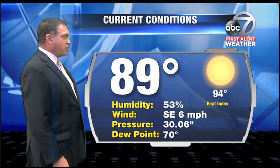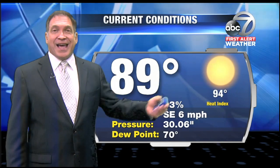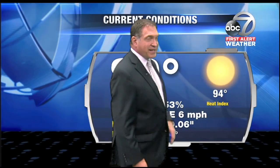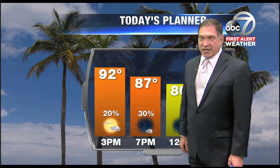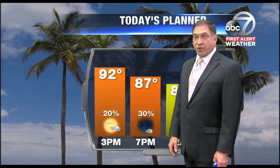I think they'll start a little bit earlier today because of the warm temperatures that we have out there. 89 degrees already. We have a dew point value of 70 and a feels like temperature coming in at 94. Dew point value just a little bit less thanks to that little easterly component to the wind. By 3 p.m., we'll have about a 20% chance of showers. Then those showers will kind of drift back toward the coastline, giving us a total of about 30% chance for